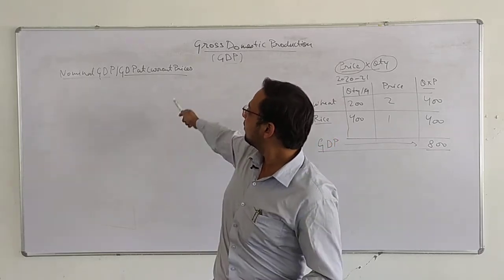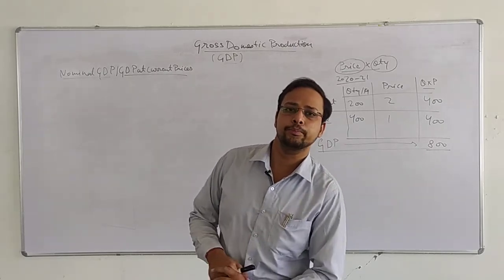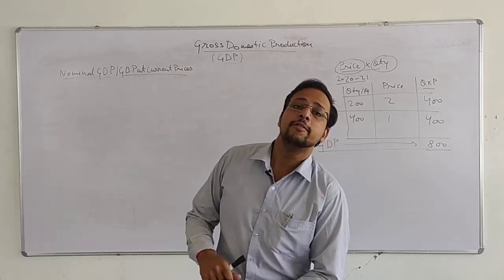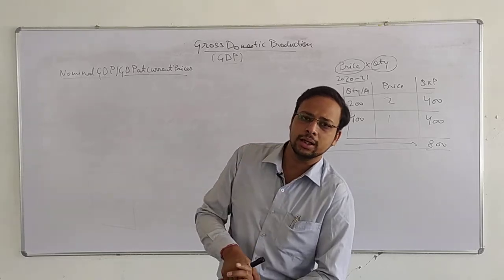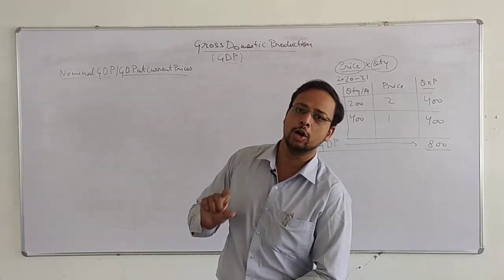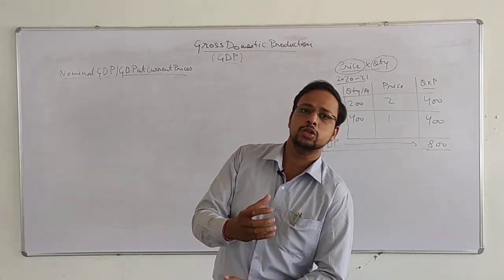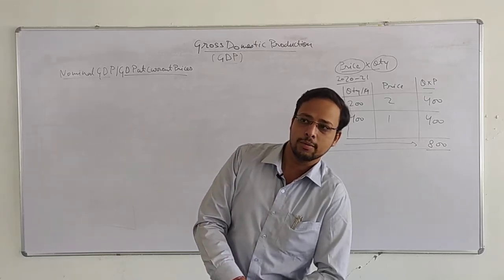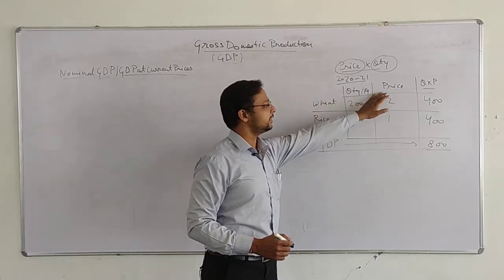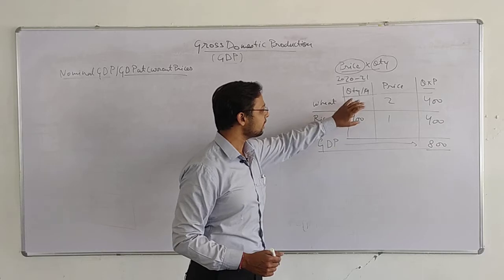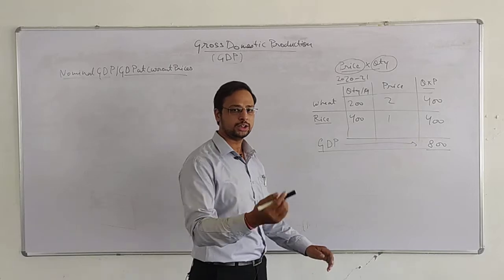Okay. So now I am talking about GDP at current prices. When we calculate the GDP, listen to me carefully, when we calculate the GDP at the prices of the current year, it is known as nominal GDP, because the prices of the current year have an inflationary effect in them. They also reflect the inflation figures. Okay. So now let me consider these were the quantities and these were the prices. I will make the quantities constant, and I will just change the price.